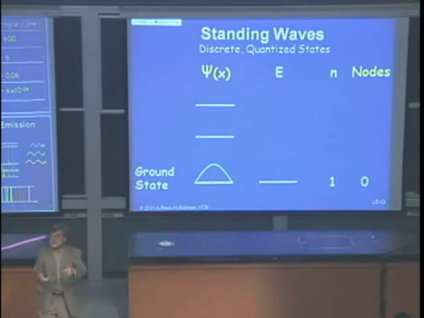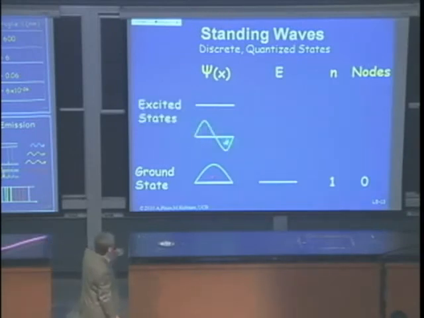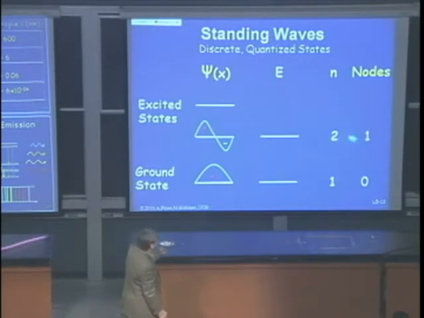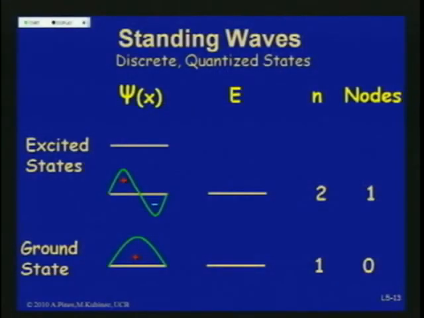Now we're going to give energy to that electron, and we can only put it in a certain other quantized state. This would be the next state. So what would it have? It would have 2 lobes, a full wavelength. So you have a positive lobe and a negative lobe, and here's the node. That would be the energy here. It's higher than that energy. That would be quantum number 2, and it has 1 node. So these energy states, nodes and quantum numbers are related. They tell you that quantum number 2, compared to quantum number 1, is a higher energy state.